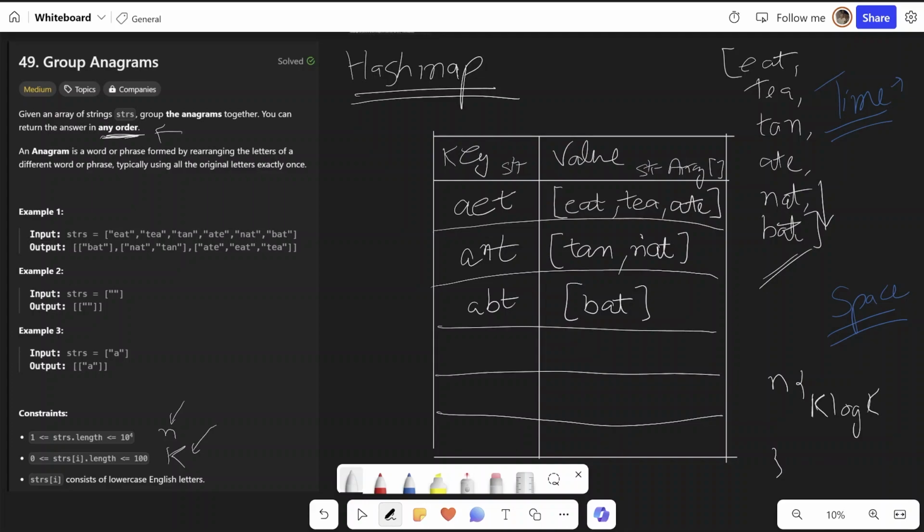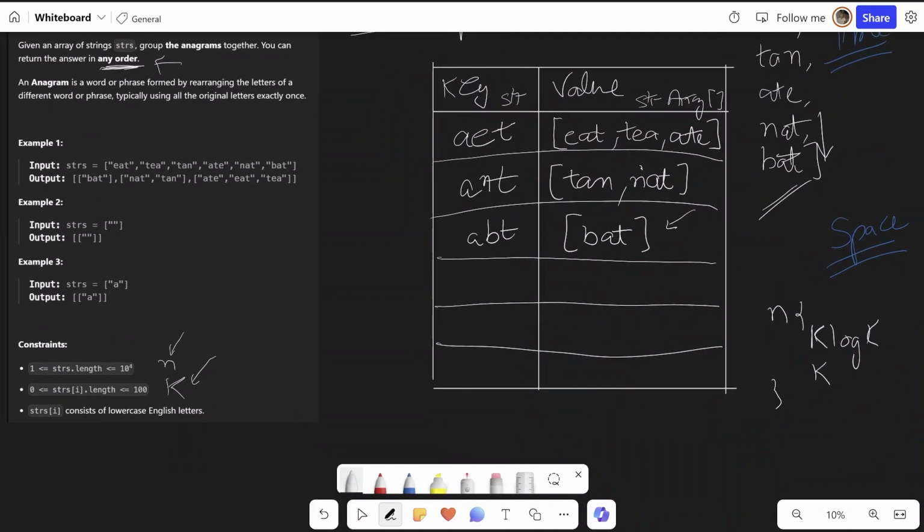Then we are inserting it in the hash map, and the hash map will basically hash the string, so that would be O of k time. So let's say those are k steps for that. And what else are we doing? We are just appending it into the value of that key, so that would also be k, so that is discounted here. Okay, so now let's just sum this up and see what it gives. So it would be n times k log k plus k, which would be nk log k.